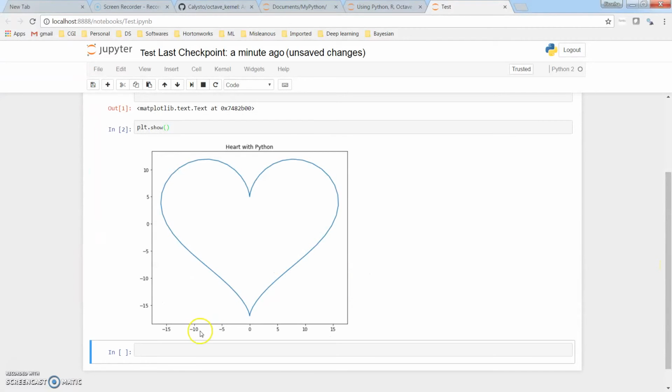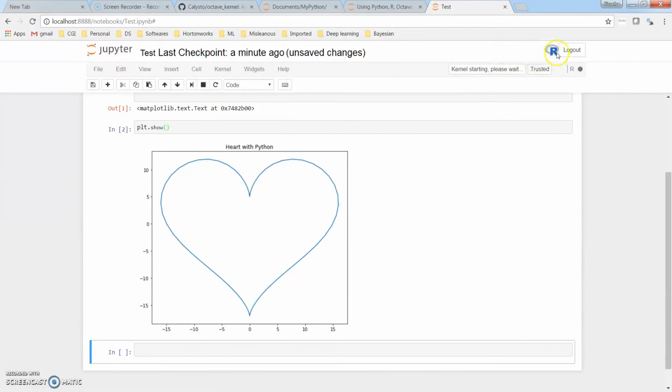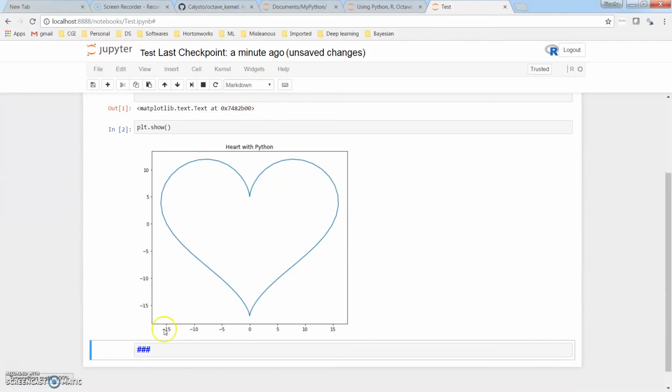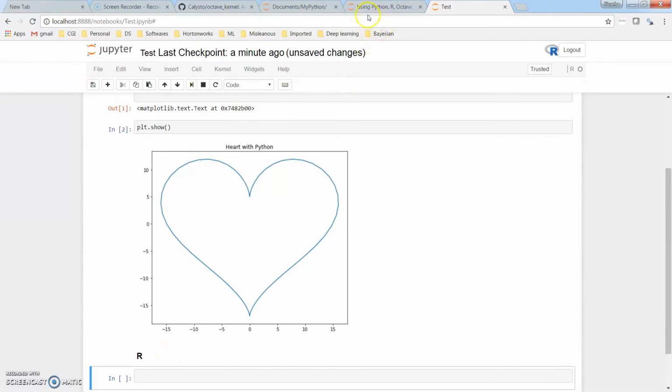And if I want to change to another language in the same Jupyter notebook, I can just go here and change the kernel. For example, if I want to make it R, I change this to R, and this logo changes from Python to R. So now I am using R. Let me change this to Markdown, and I have this R. Then I can bring R code.